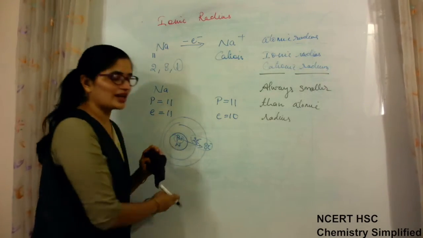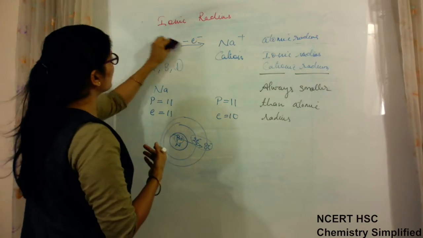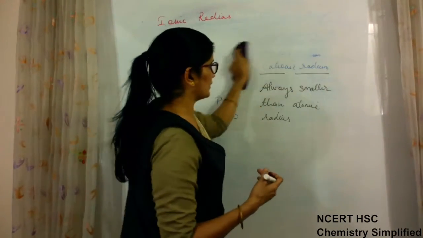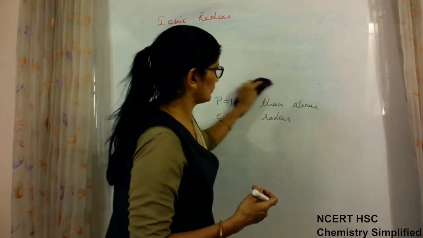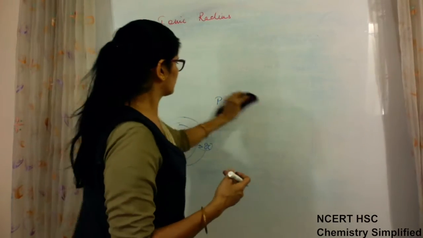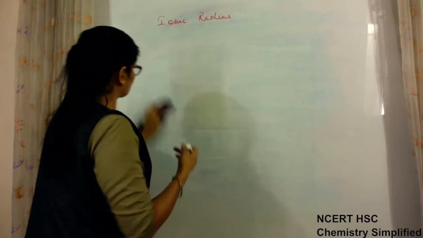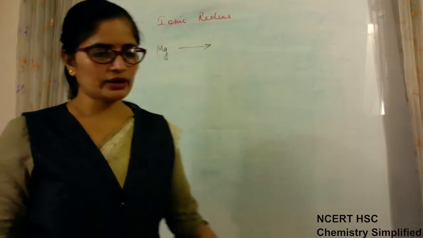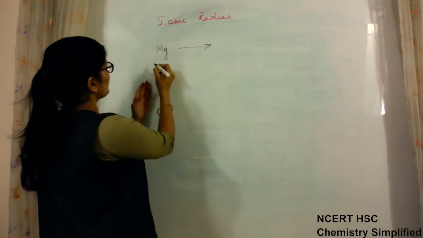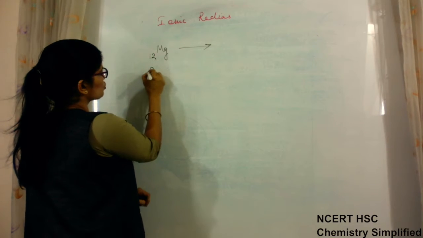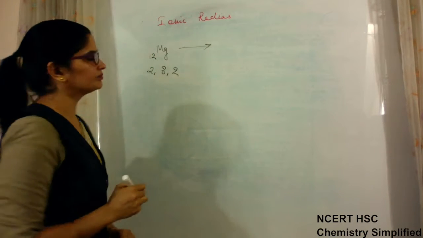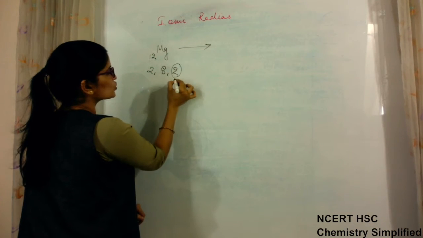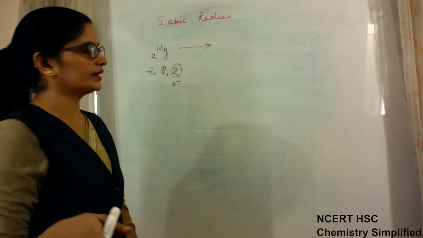So you could see that the shell is also disappearing. Suppose I take the example of magnesium. Instead of sodium, if I take the example of magnesium forming a cation, Mg first loses 1 electron. Both electrons are not lost in a single step. The electronic configuration of magnesium, atomic number 12, is 2, 8 and 2. To become stable, it will lose 2 electrons, but they will be lost one by one in 2 steps.